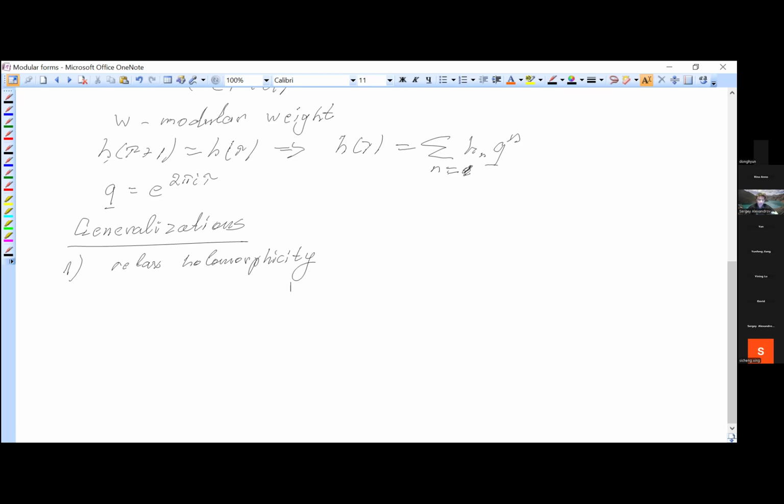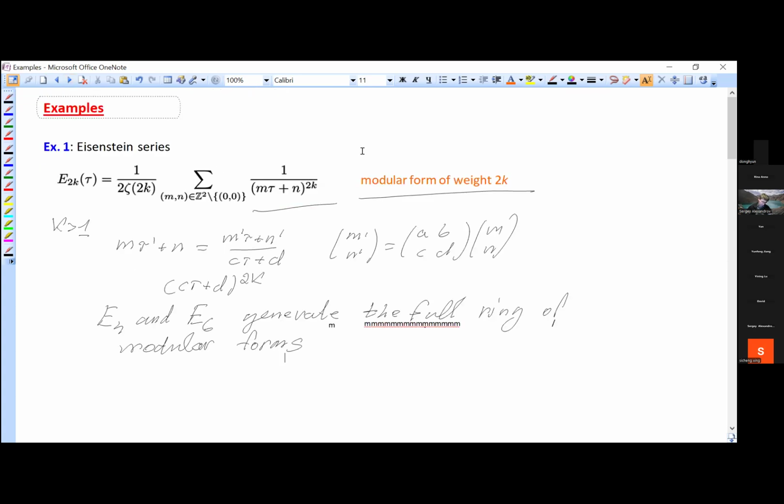Can you explain the normalization factor, zeta function, in front of the series in the Eisenstein series? Yes. Well, essentially, it comes from terms with m equals 0. So you just put m equals 0, and you remain with the sum over n, and you see that the sum is essentially this zeta function. It just gives the definition of zeta function, and the factor of 2 corresponds to the fact that you sum over positive integers and negative integers.